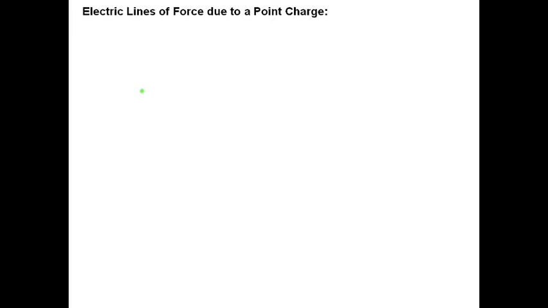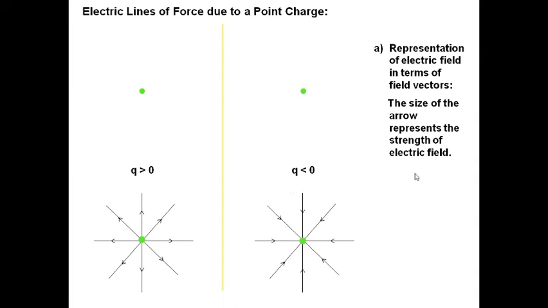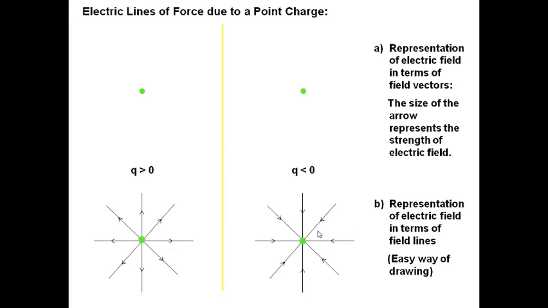So let's discuss. First, if the charge is a positive charge, q greater than 0, then the field lines are radially outward. I already discussed that, radially outward. These field lines move in the outward direction if the charge is a positive charge. If the charge is a negative charge, the field lines are straight lines shown in the inward direction.